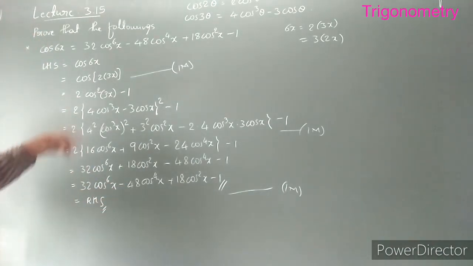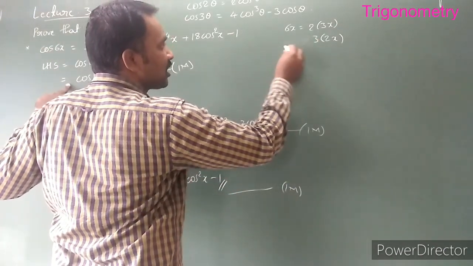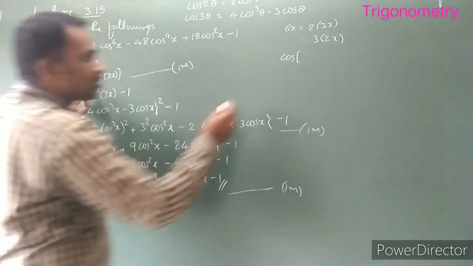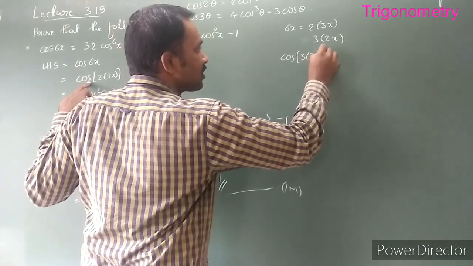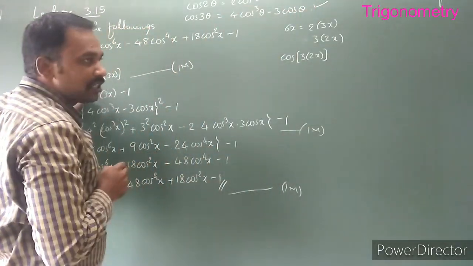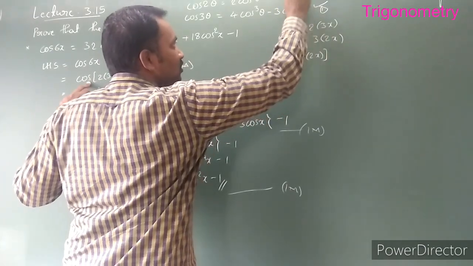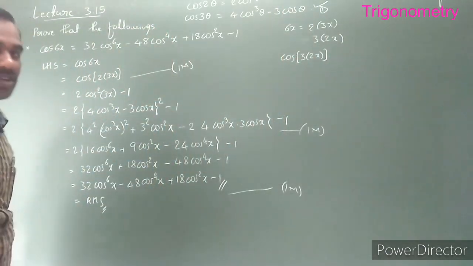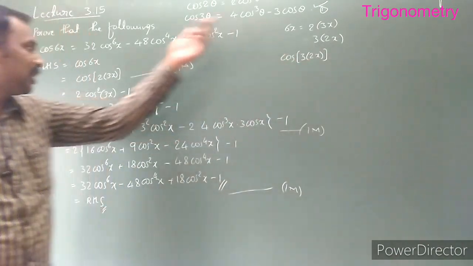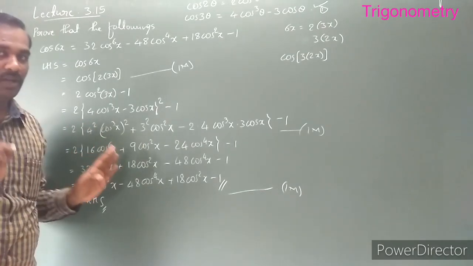One more thing. One more method I just told you: cos of 6x can be split in this manner. Instead of 2 into 3x, split it as 3 into 2x. First use the cos of 3 theta formula, then again the cos of 2 theta formula. First use this one, second time use this one. Will you have the same answer or not? Now check it, cross verify. Either follow this method or follow this method, you will get the full 3 marks.